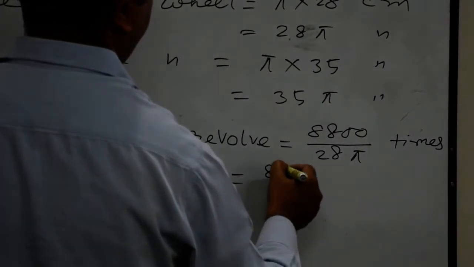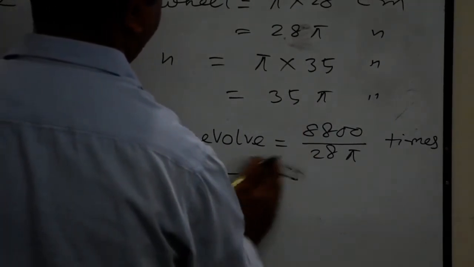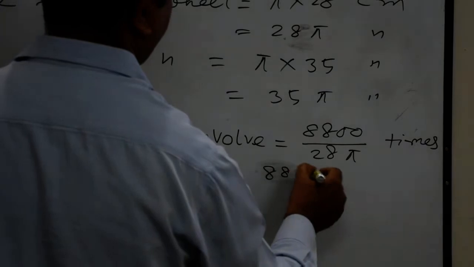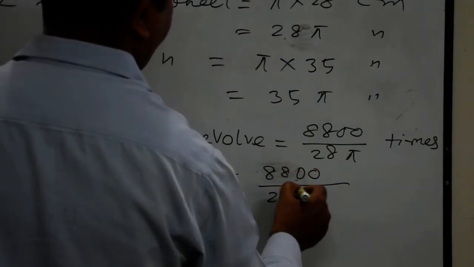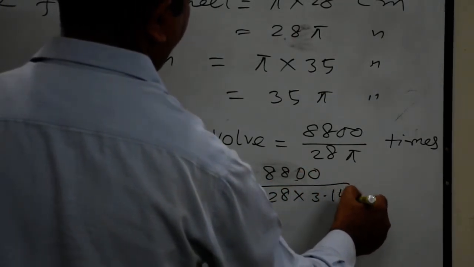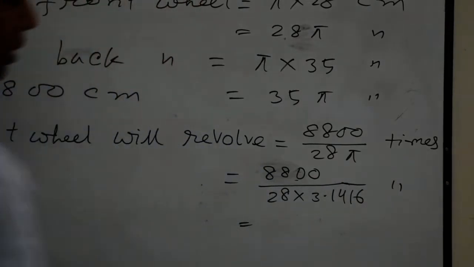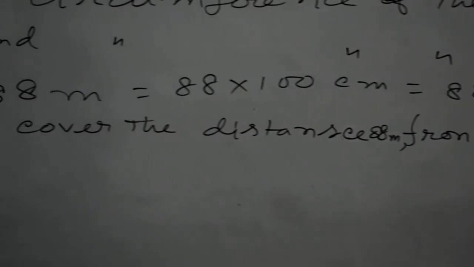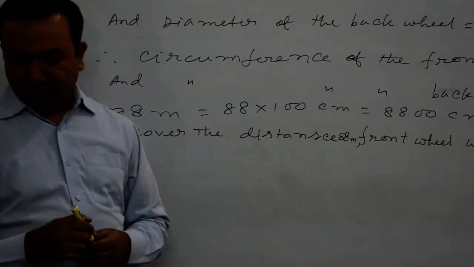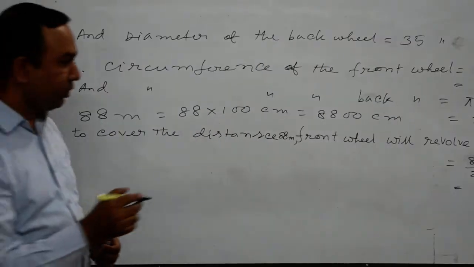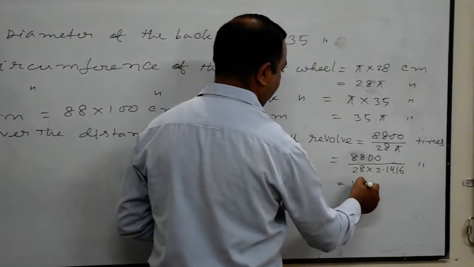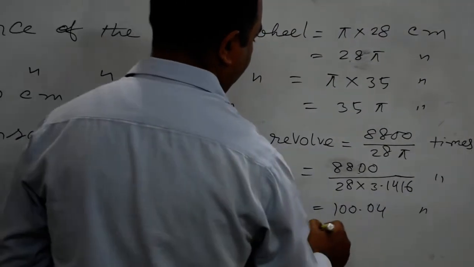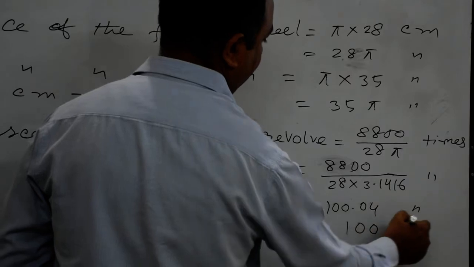If you put the value for pi, 28 into 3.1416 times, the result will be, in case of front wheel, 100.04 times, approximately 100 times,